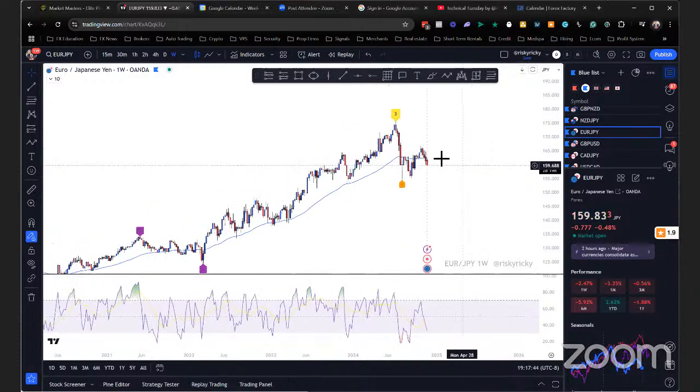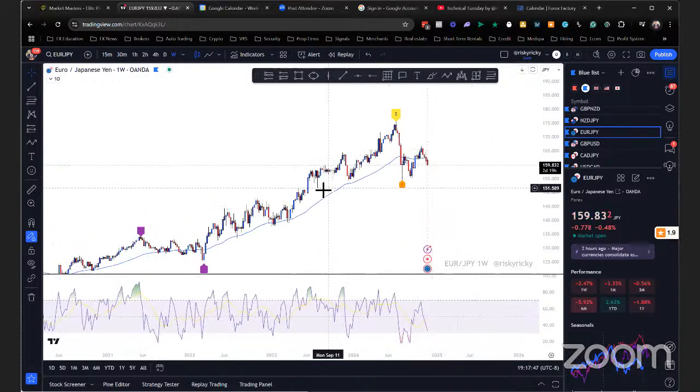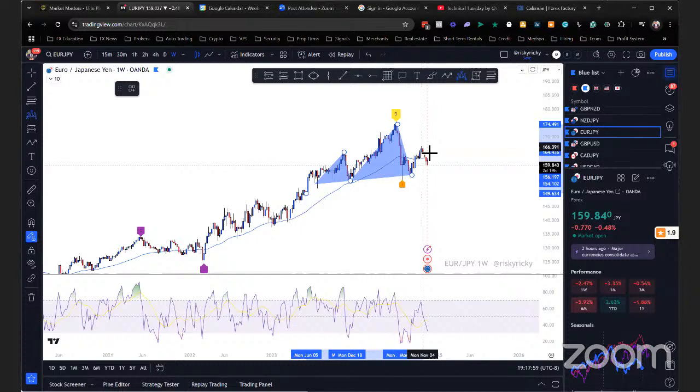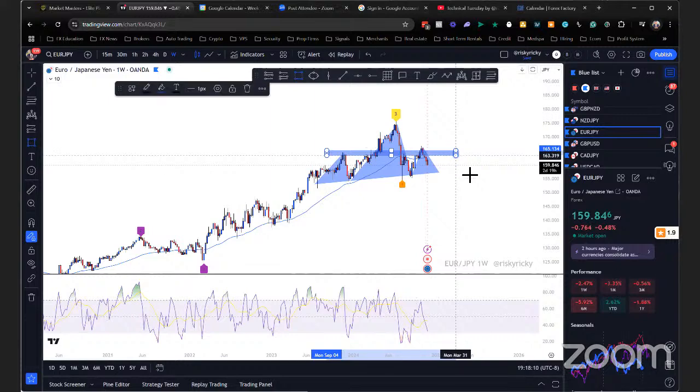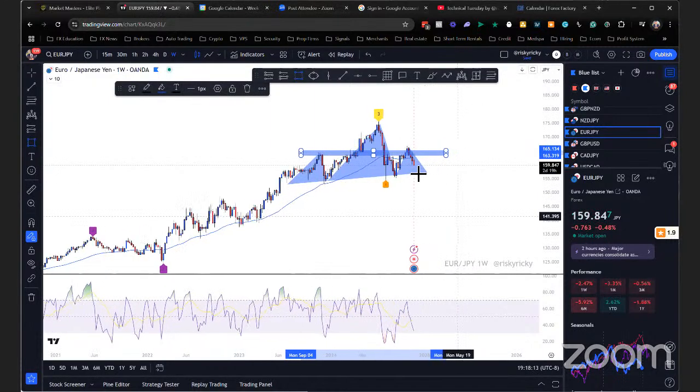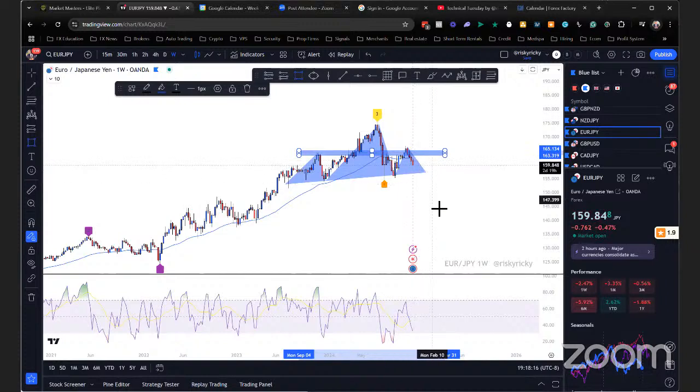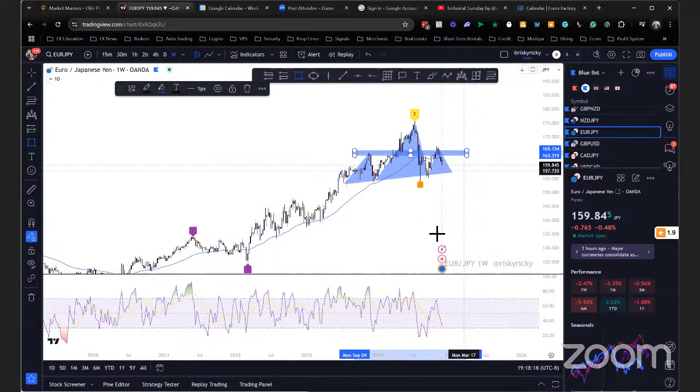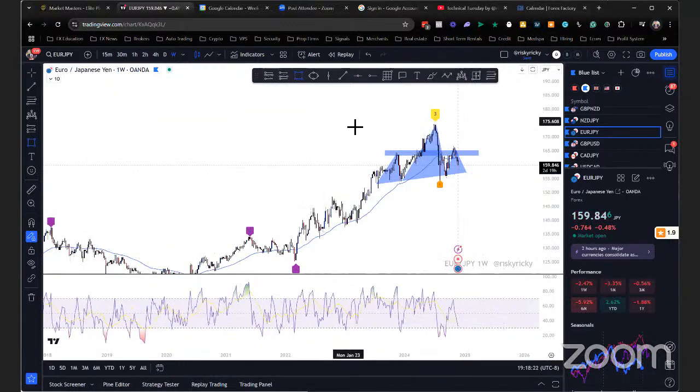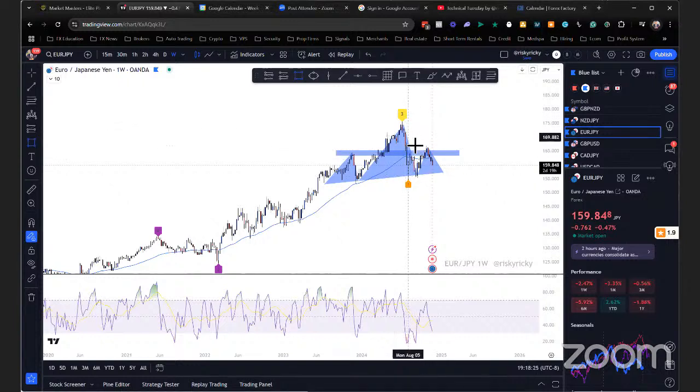Ooh, okay, so Euro JPY, we can see potential longer term head and shoulder pattern going on here. So it's coming down right now. Now this is weekly time frame, so for a play like this to happen, it would take a really long time, maybe a few months as it's coming down here, breakouts and everything. Yeah, that's the bigger formation I see there.